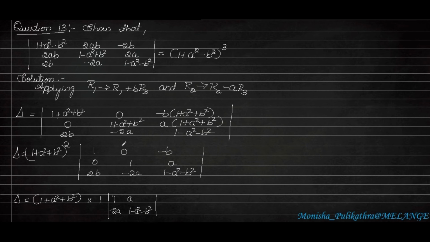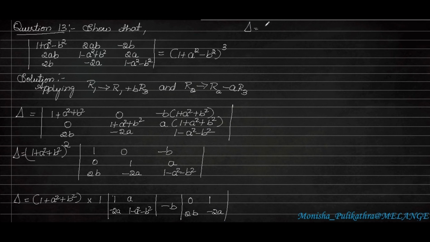Since I have considered the first row, if I take 1, this column and row cancel, and these elements will come in the determinant. So 0, since the middle term is 0, 0 with anything is 0 itself. Next I can take minus B. So minus B into, the remaining will be 0, 1, 2B and minus 2. These are the determinants which remain here.